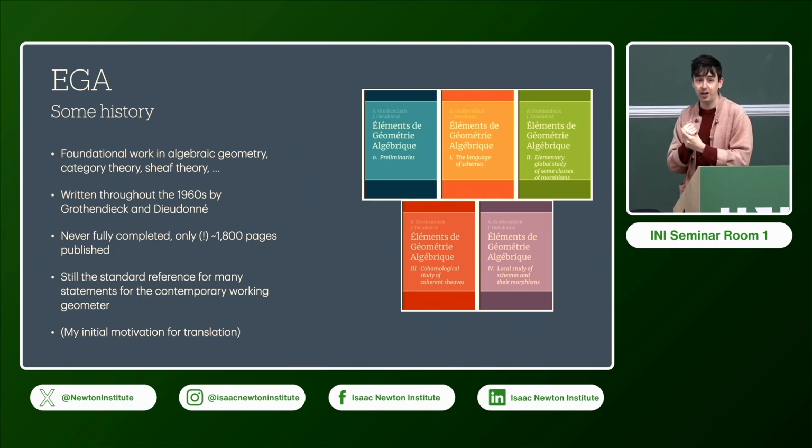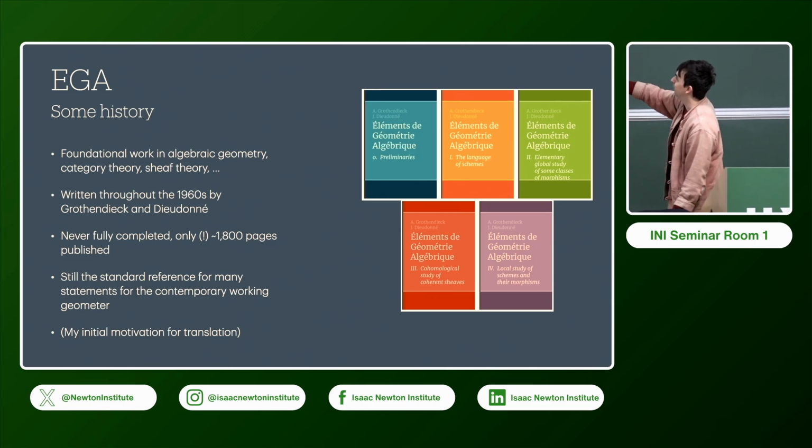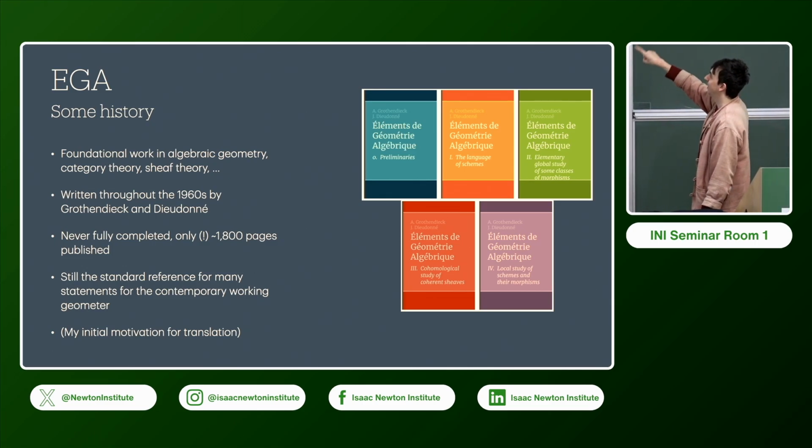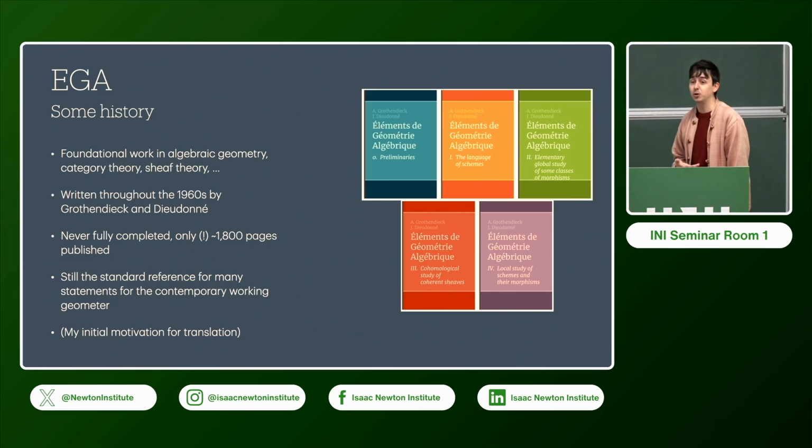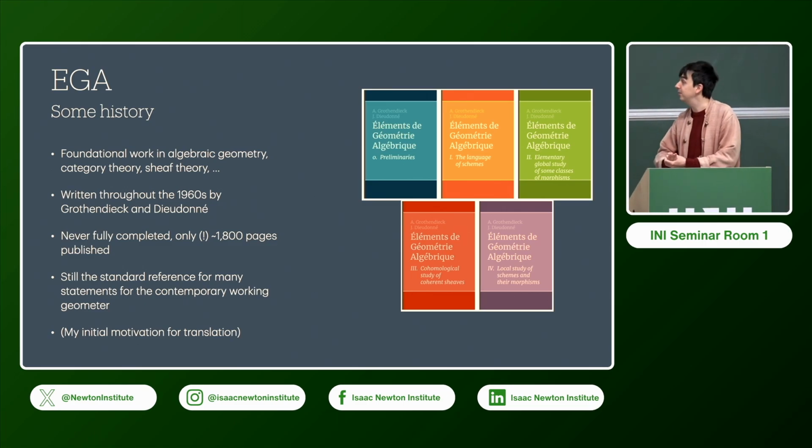We have the Stacks project as a very useful thing, which sort of spells out in slightly more detail a lot of the contents of book 1 and a lot of book 2, actually all of book 0. But it's not uncommon to see citations to volumes 3 and 4. Volume 3, by the way, of which you would think 1,800 pages is equally divided. It's not. I think 900 pages is volume 3. This has been the bane of my translation time. Even modern sources still point to volumes 3 and 4 as the de facto places to look.